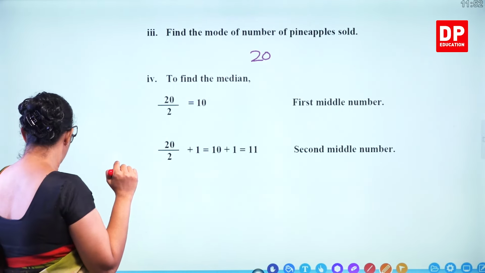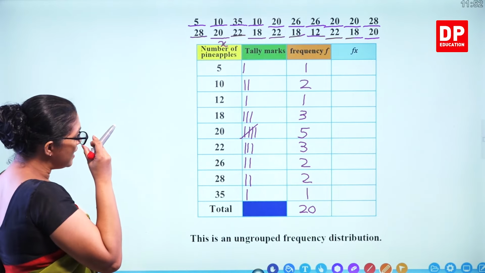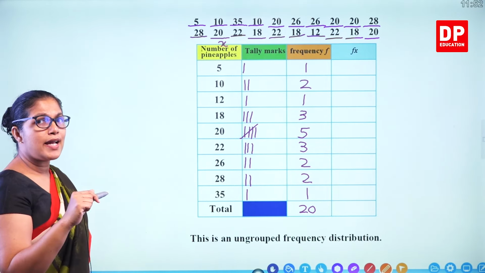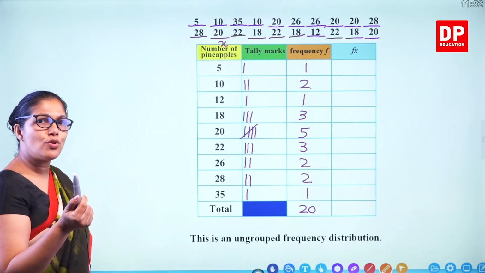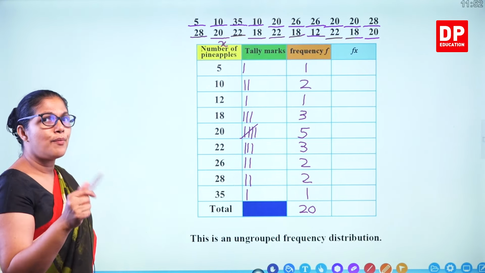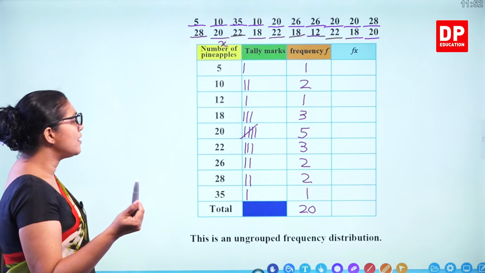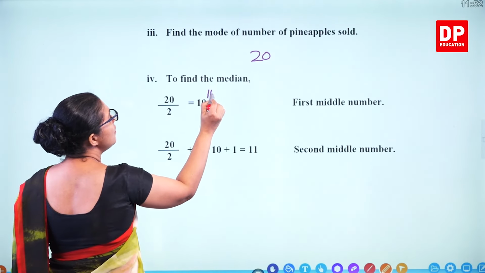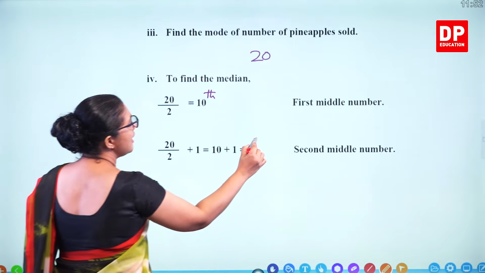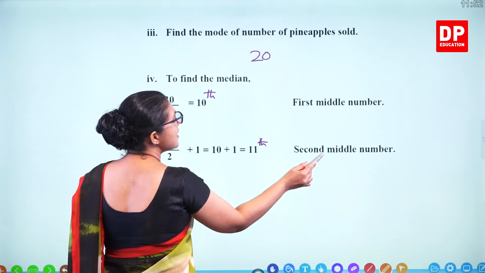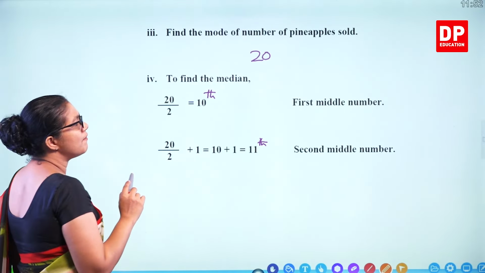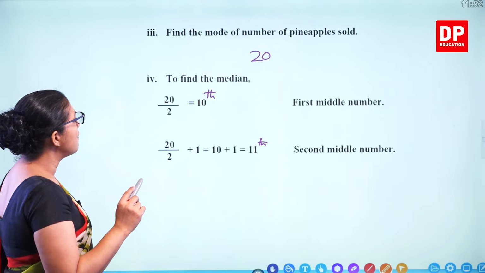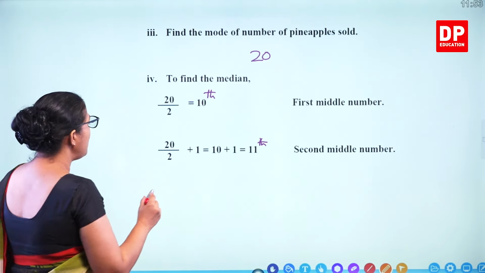Median. So what's the median? Altogether 20. So you divide by 2. 20 divided by 2, 10. So add 1. So the 10th and 11th we have to take. So the 10th value and add 1, the 11th value. That's the second number and the first middle number is 10. So what you do? You add and divide by 2. So median